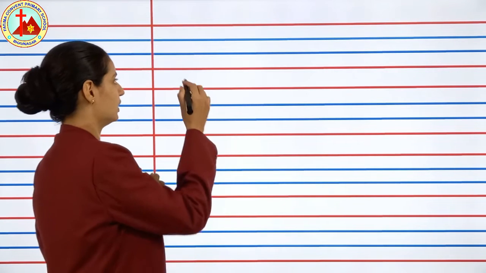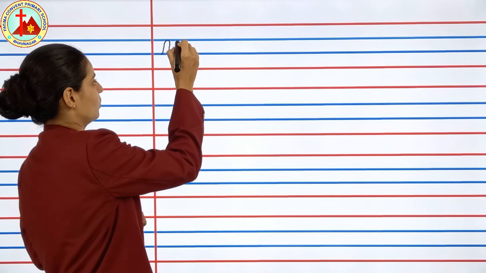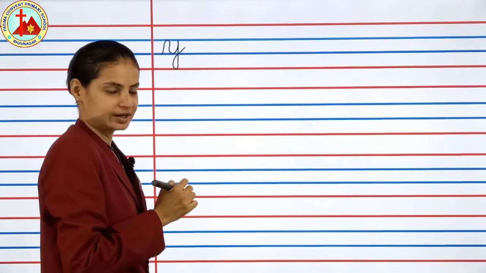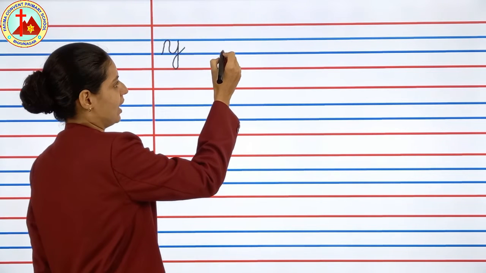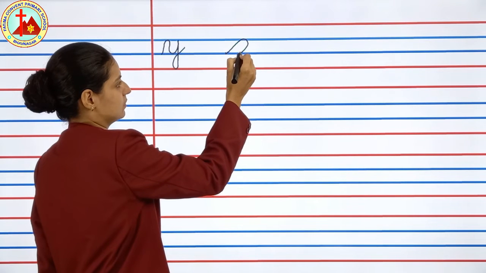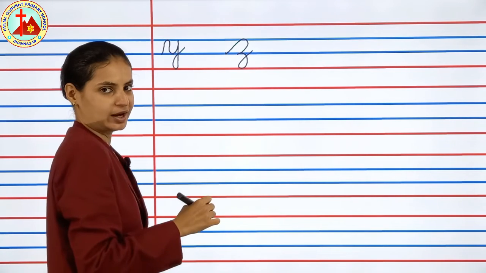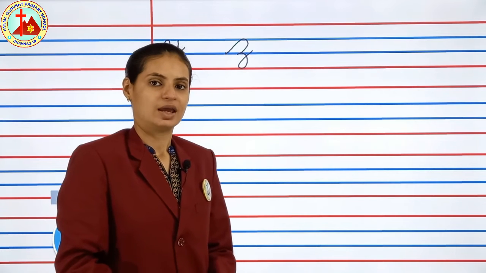So what will come after x? Y. Yes. So I will write y over here near this red line, cursive small y. Y we will touch at the bottom red line and we have to make loop at the down. Now after y, leave space and write the next letter Z. Z also we will touch the bottom red line and make loop at the down. So here we finished cursive small A to Z.